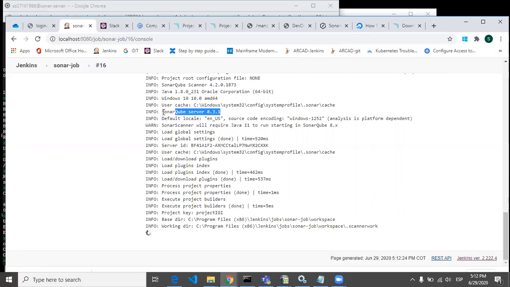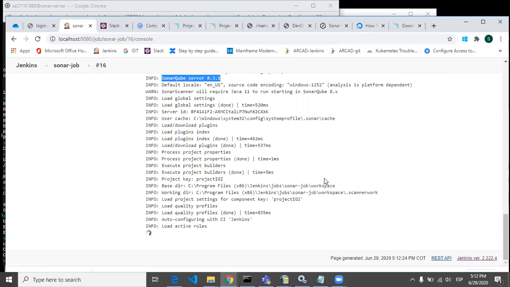Then you can see SonarQube server 8.3.1, and now it is going to start your scanning process, the code quality analysis process.